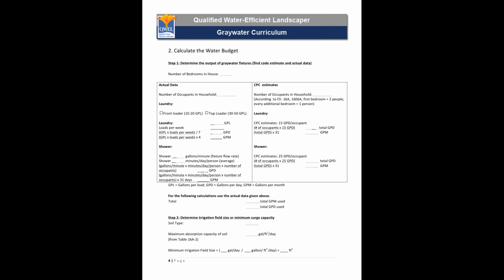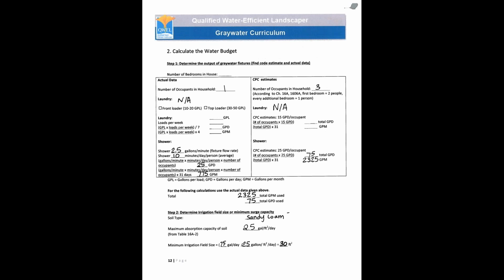Okay, so then our next step was determining the gray water production. And in the table, you can see we have the left section. This is actual data that's based on estimating the flow rate of the different fixtures and adding up your gray water production that way. And then on the right is using the formulas in the code. So we show both here